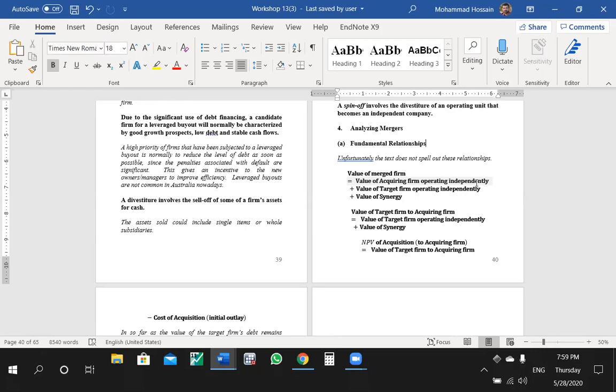And they could not do it independently before. For example, let's say patent right issues, they could not do it. But now they do not have that issue anymore because they both came together under one umbrella. That's the value of synergy, like combining together. Like you have expertise in something, your partner is expert in something else. So when you two become partners, now you two can create something new that you could not do independently before. That's called value of synergy.